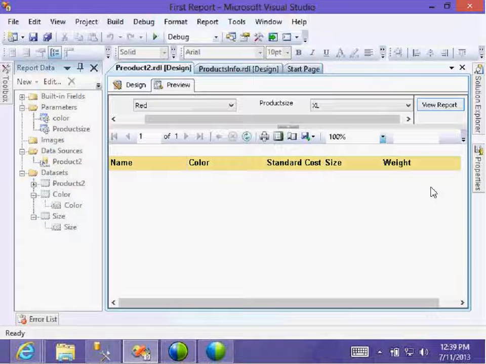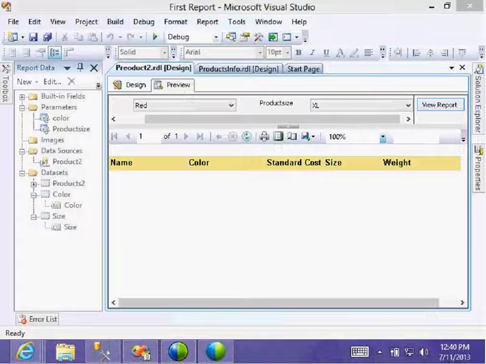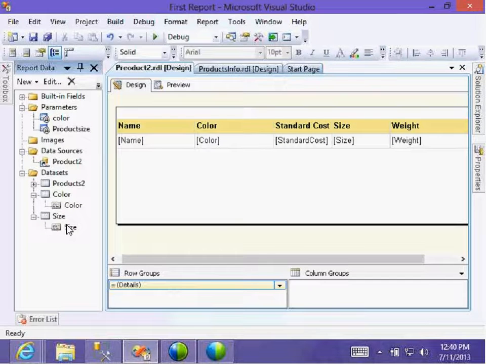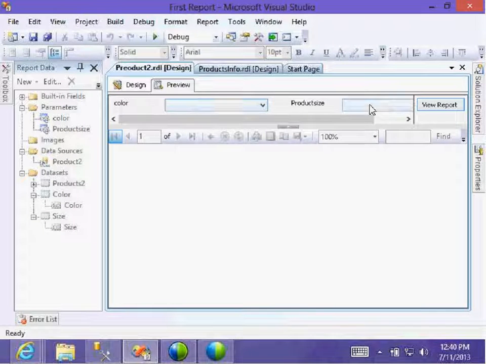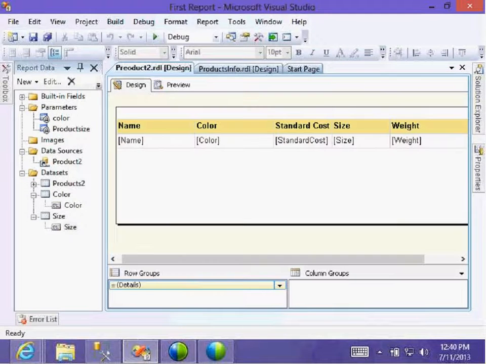Here what to do is, do I need to display all sizes? I need to display this according to the color. According to the color I selected here, display only the sizes available for this color. Then what do I need to do?